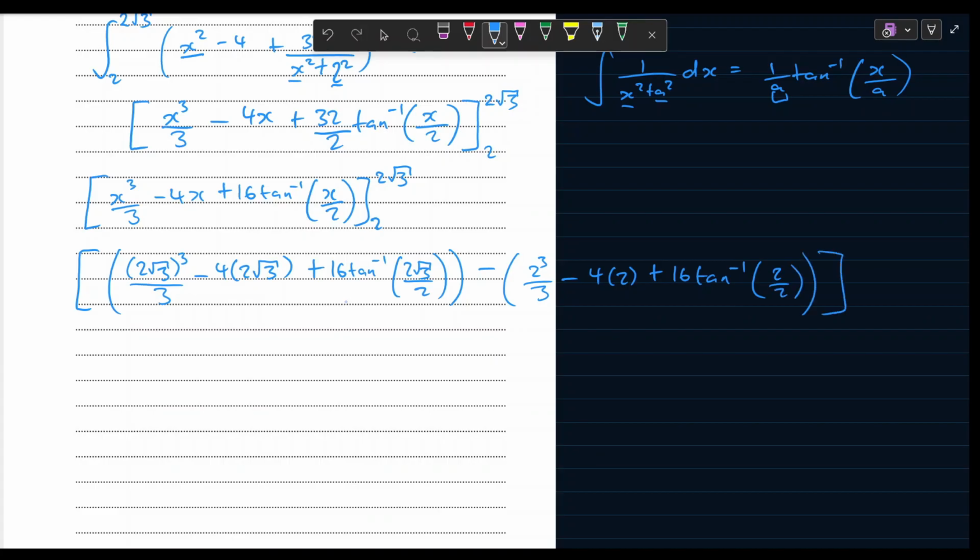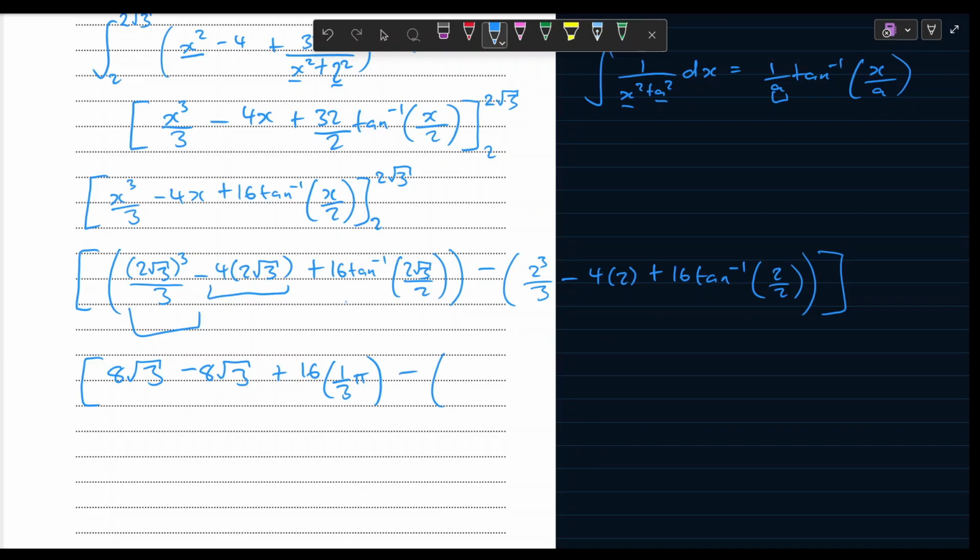All right, now let's simplify. So here we've got 2 root 3, and this is cubed over 3. That gives us 8 root 3. So we've got 8 root 3. Then this is minus 8 root 3. And we've got plus 16 arctan of root 3. Arctan of root 3 is a third pi. So it's plus 16 multiplied by a third pi